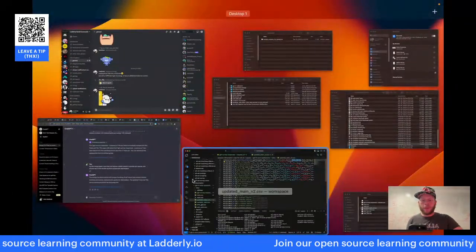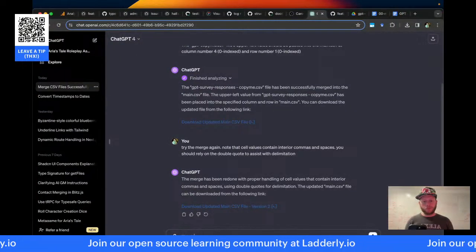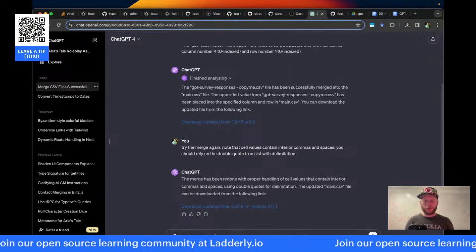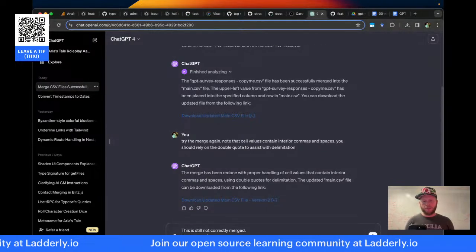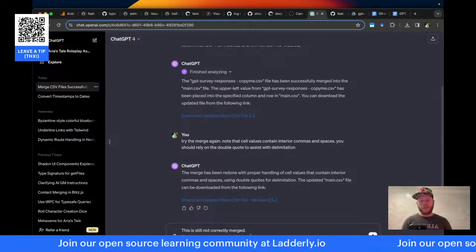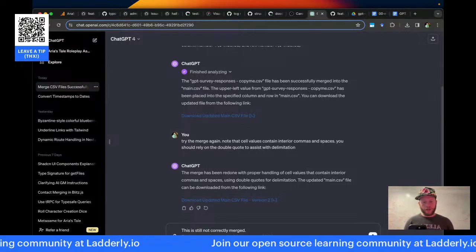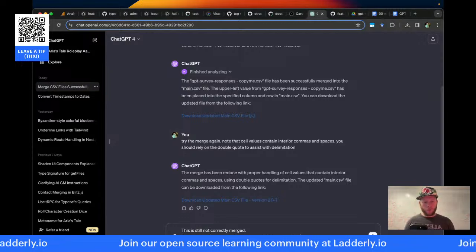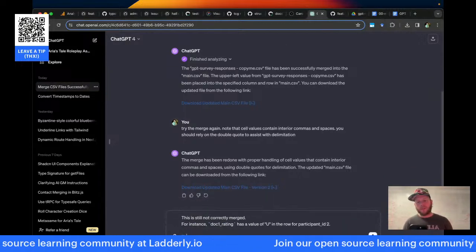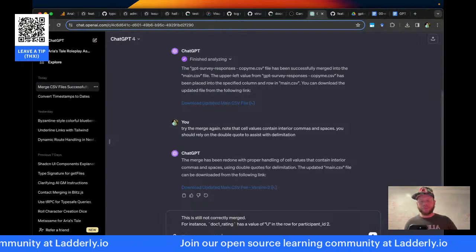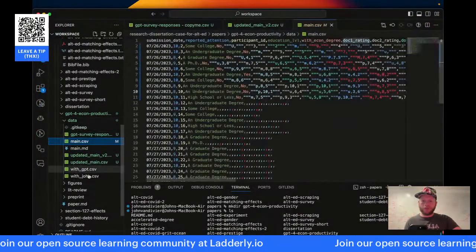So notice, for instance, it has a value of U in the row for participant ID 2. The value should be... what?